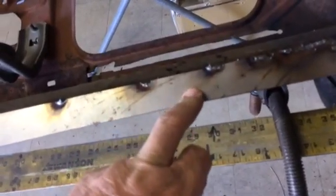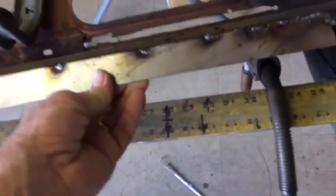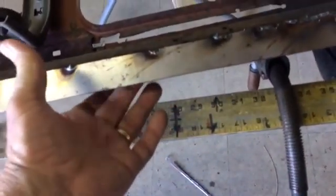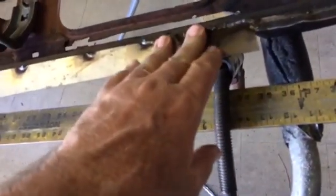So I decided I would come along here and extend this out, and then we'll just straight edge from each corner and make our mark and cut this back so that we'll have some meat there for that skin to fold around, if that makes sense. So we started welding along here,